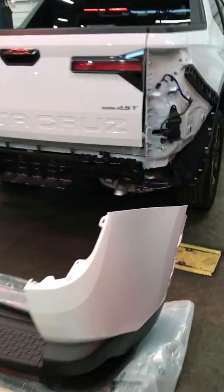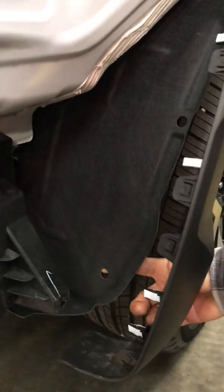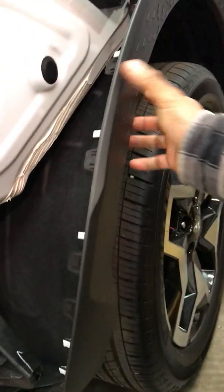Hey guys, we're working on a 2021, or actually a 2022 Hyundai Santa Cruz here, doing a bumper. Want to do a little tutorial of it because there's a lot of hidden clips. For the first step, you want to pull off these fender liners here. There'll be a clip here, a couple clips here. Pop those guys off,